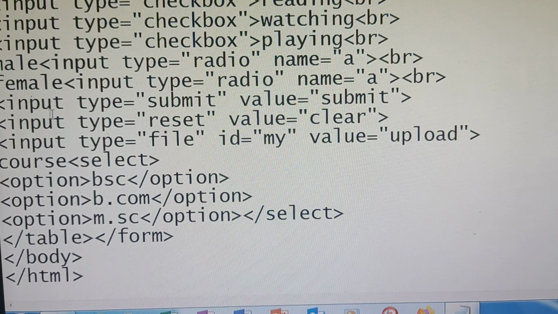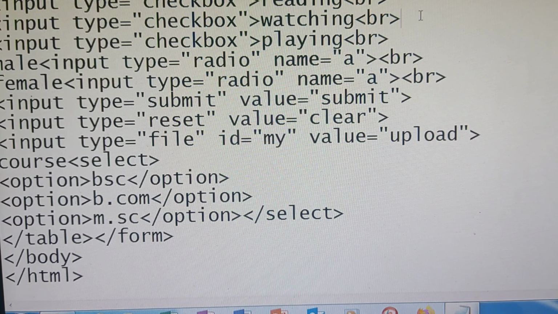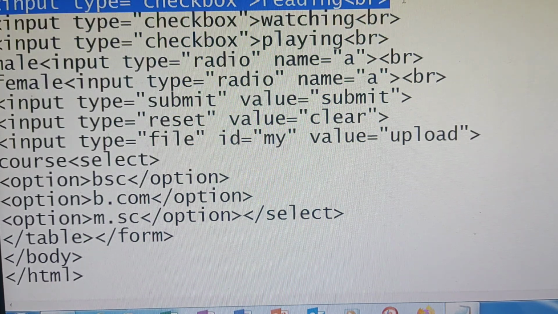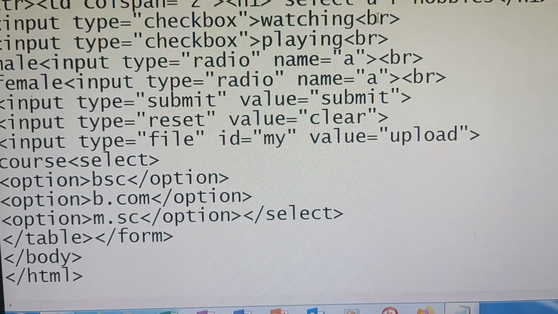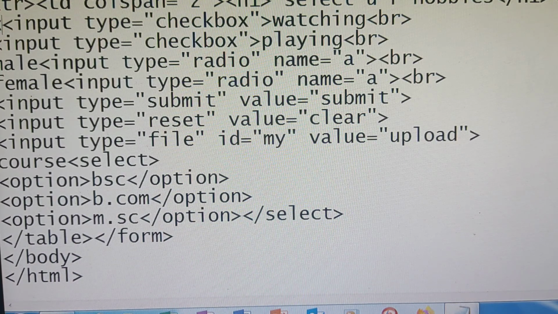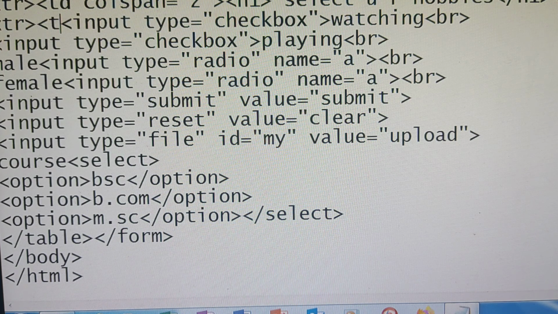Here I am just removing these 2 check boxes because for everything I have given 2 columns. No? So time is very limited. I don't want to explain that much code. Whatever is necessary for your understanding purpose, only that much I am explaining. Here, this is the 4th row, 5th row, TD.